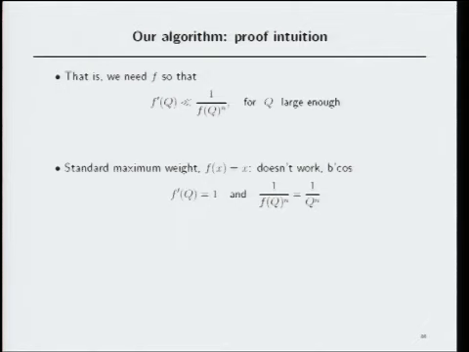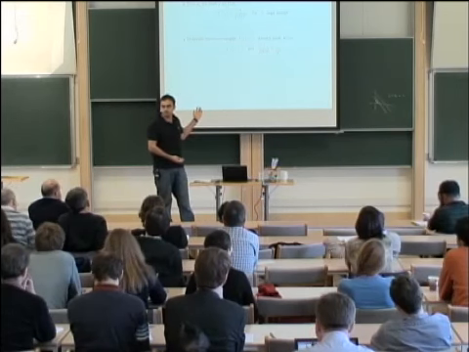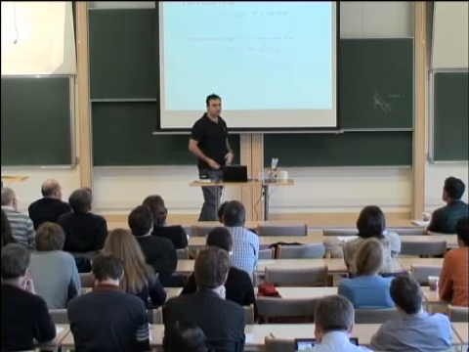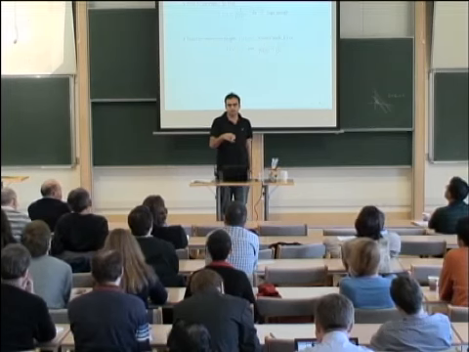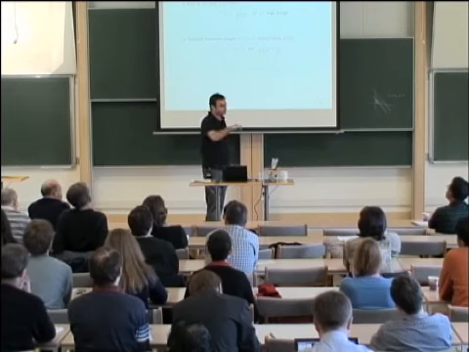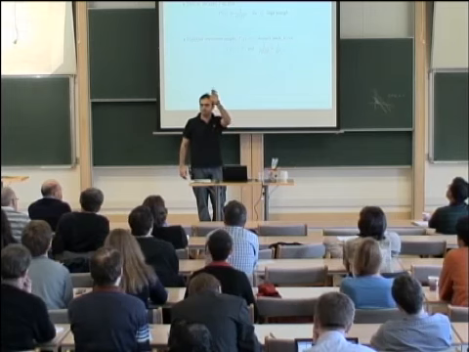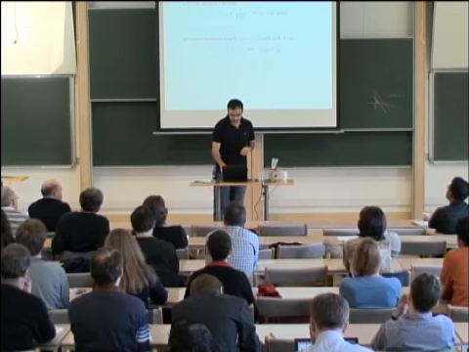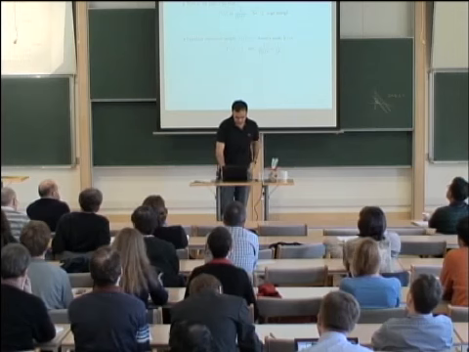Now if we were trying to use standard max weight, that is f of x equals x, then what will happen? Well, f prime is 1, and this is 1 over q to the power n. Of course, for large q's, this is not going to be satisfied. So that's why standard max weight is not going to work. If you were curious, you could take a simple grid topology and try to run this f of x equals x, and you will see the usual instability curve, that is, q's will build up at a rapid rate. While that's not a proof or a counterexample, I don't believe it will work.